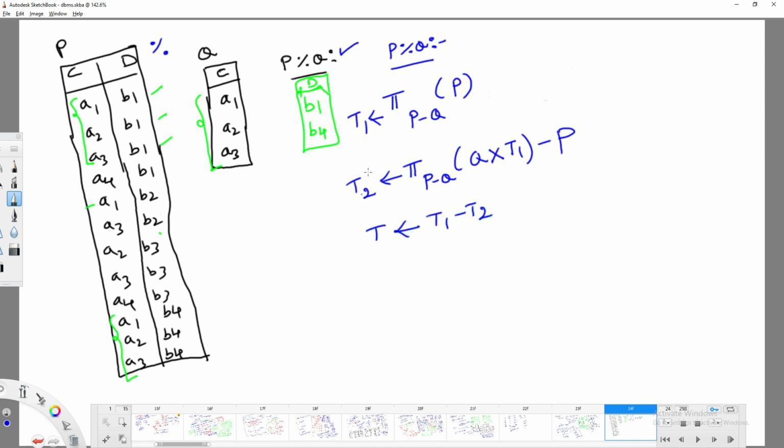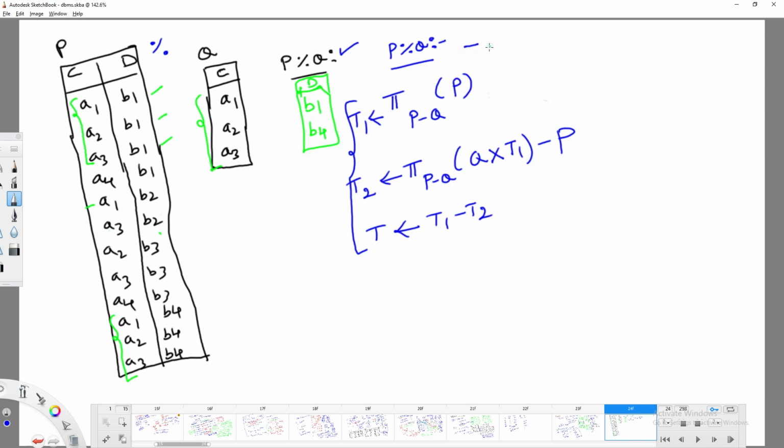With the help of practice, you can understand it. Okay, fine. So P modulus Q, I can usually get using set difference and multiplication, I mean cross product. With the help of these two operations, I can get it. Okay, fine. What about the remaining things?